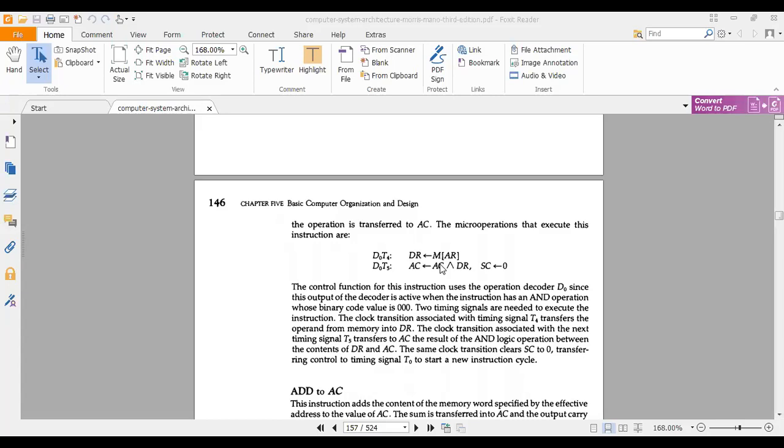Now they are logically ANDed. AC ANDed with DR. Okay. Now the result is at the accumulator. Now if you want to store it, you just use the STA operation. Okay. So that is the case.